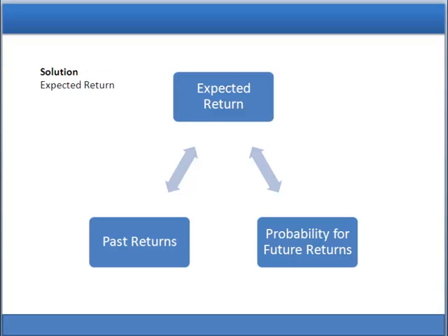Expected return. Now we can find the expected return for a security based on its past earnings or probability for future returns. Now if we go by the past returns, we do it by simple average of its past returns, and if we are given the estimates of its futures and the probabilities, we can arrive at the return by using the formula sigma probability and return. Now in this problem we are given the probability for each expected return, so let's find out the